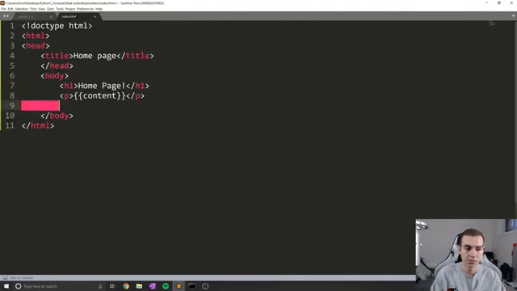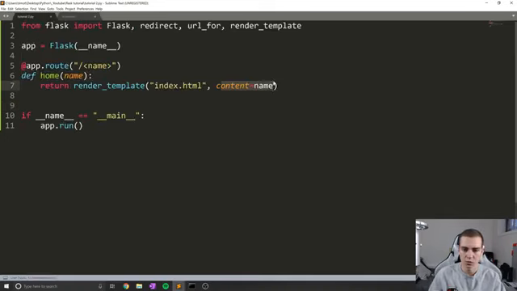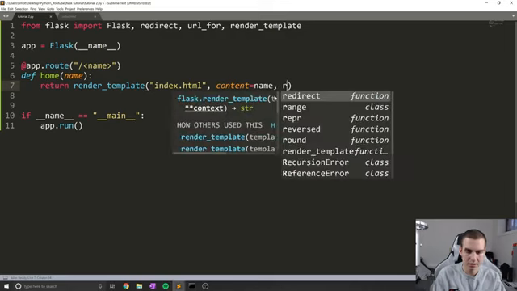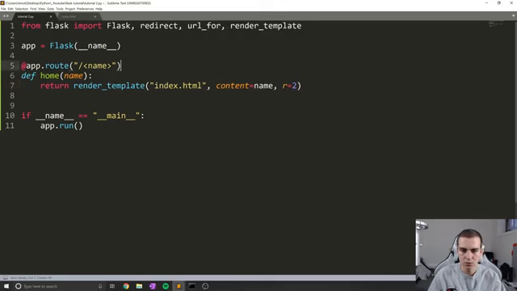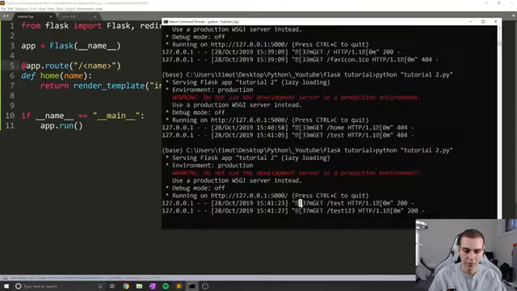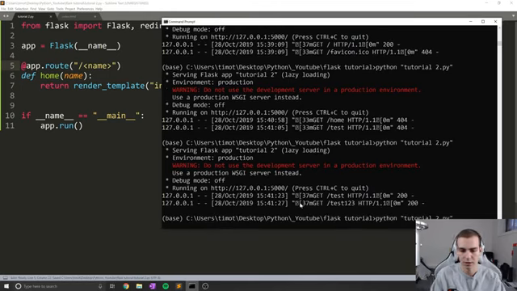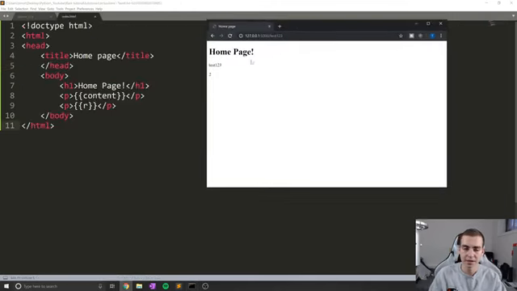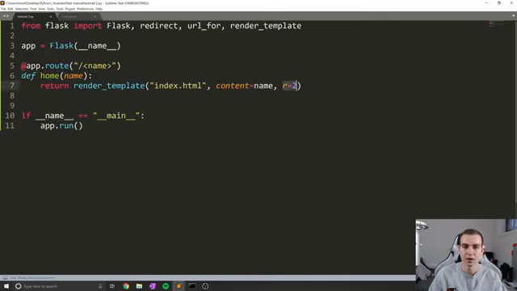Now we can also pass multiple values as well. So, if we go P and we'll add another P tag, and now instead of content, maybe we'll just do like, actually, let's not call it random. I'm just going to call it R because why not? And then what I can do is say R equals 2, something like that. And now if I rerun this, we should get the same thing working. So apparently I keep forgetting to save my files, but anyways, I just reran it and now it's working. You can see we get test123 and then 2, and obviously that's because we just passed in the value, R